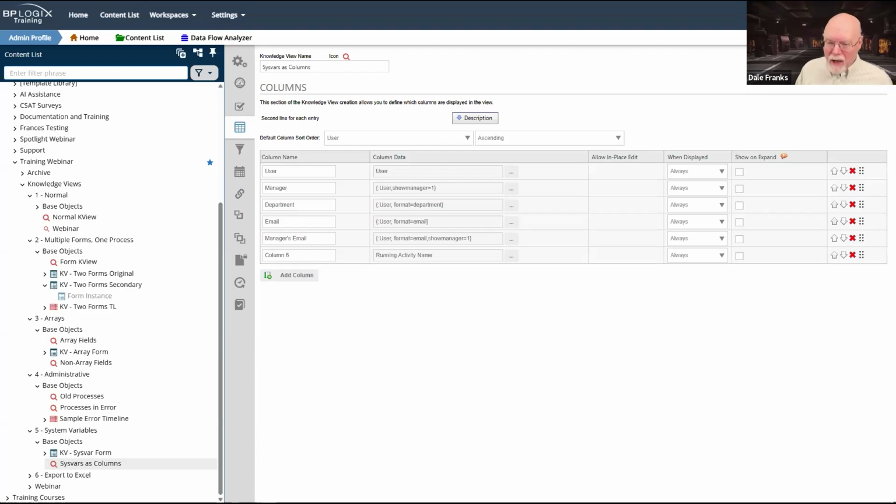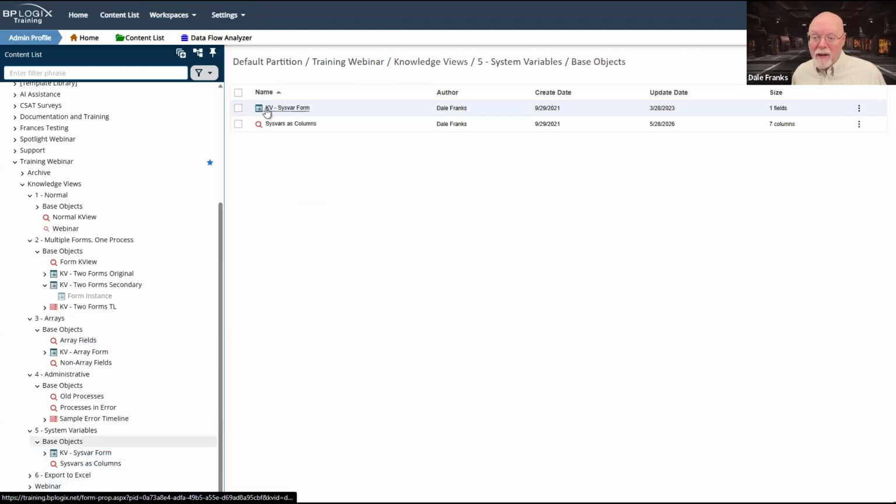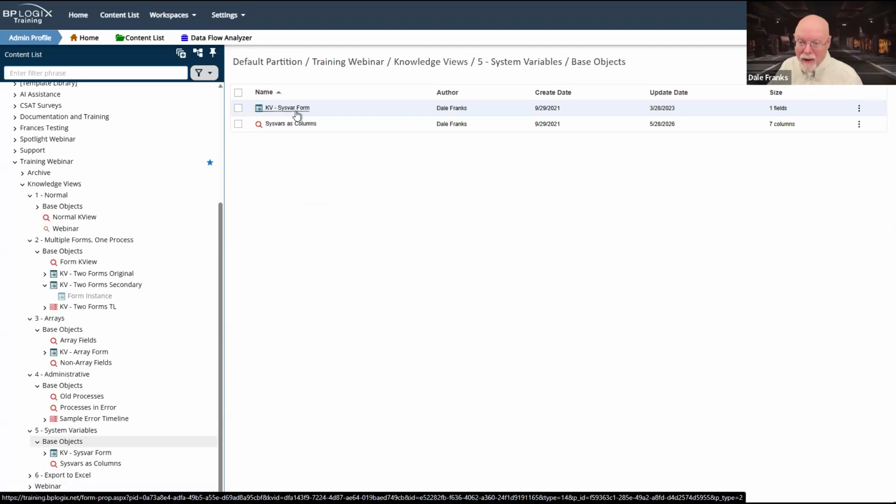If I'm using process timelines, which you should be, and not workflows, which you shouldn't be, if I used a workflow system variable in this instance, actually, I don't think I have a process timeline either. So this is a case where any process system variable, so process, task, timeline or timeline activity, workflow or workflow step, all those classes of system variables would return nothing. There's no context for them.